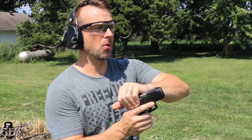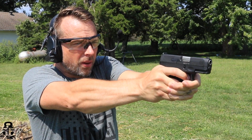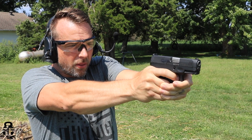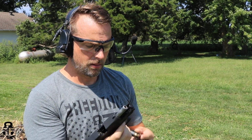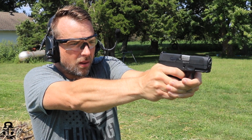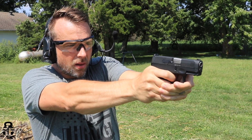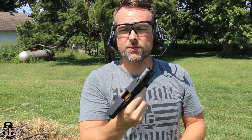Okay, so the second honorable mention is going to be a pistol that a lot of people might be surprised that I'm adding to this list, but realistically, even though I am pretty biased about this pistol and its company, I do feel that this pistol is going to be quite possibly the best version of what they've put out, and that is going to be the Taurus G3C. Now, a couple different reasons why it's not in the top 5. Number 1 is there's a